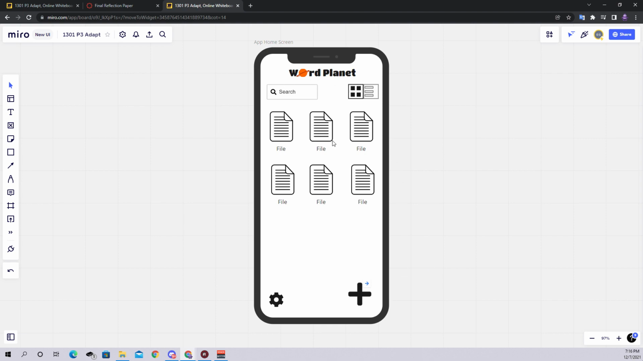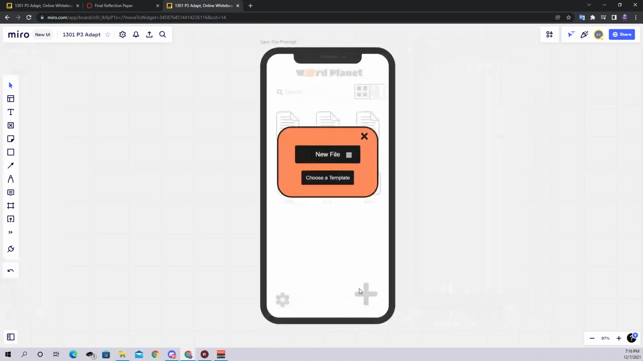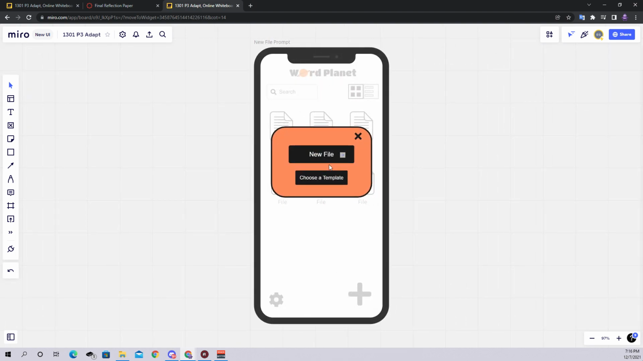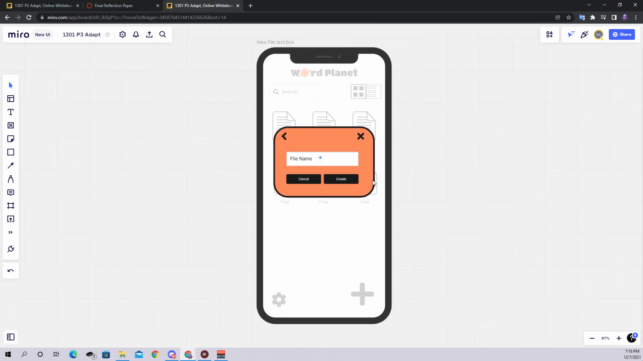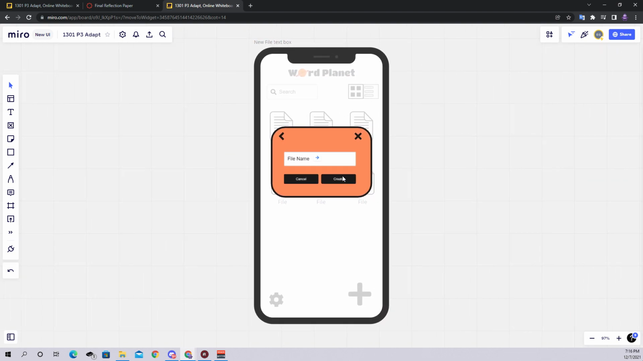You got the title at the top, you got your files, and the task is to add a new file, to create a new file. So you click that plus right there, and then you want to create a new file, so click new file, and then you want to give the file a name,